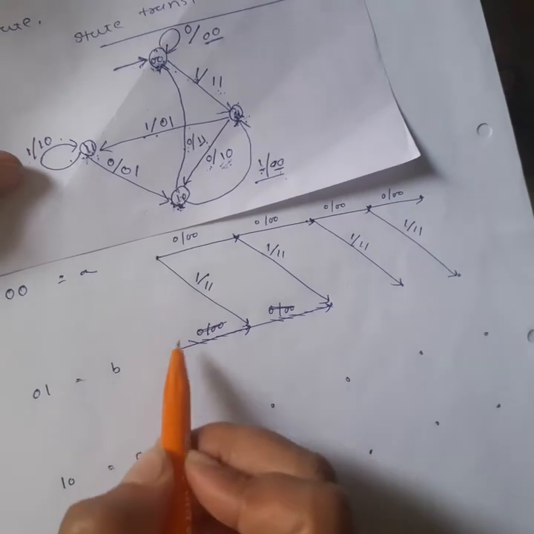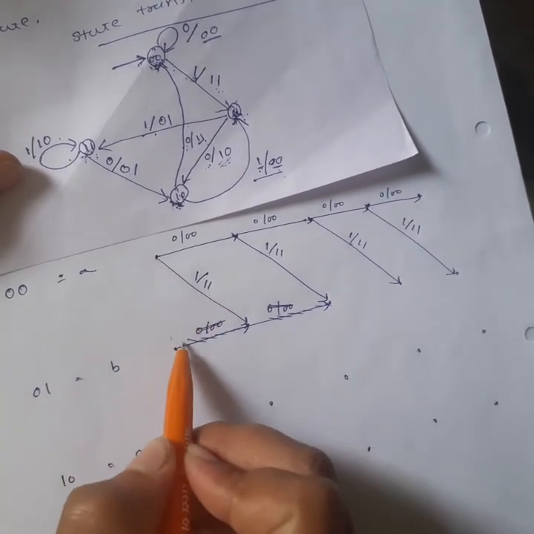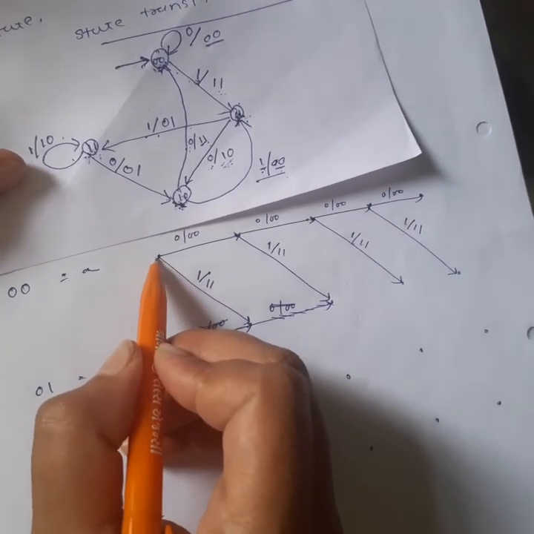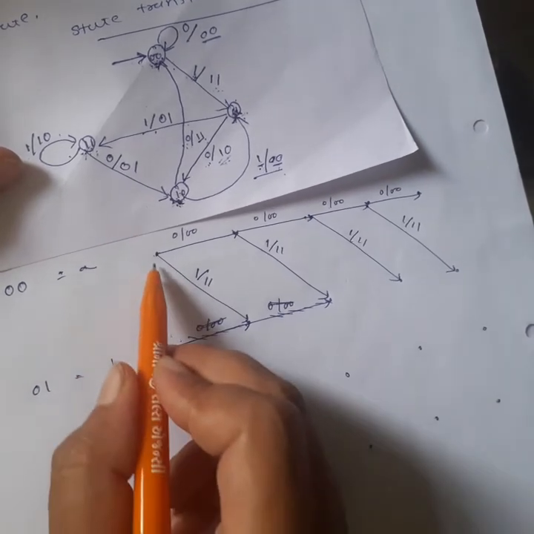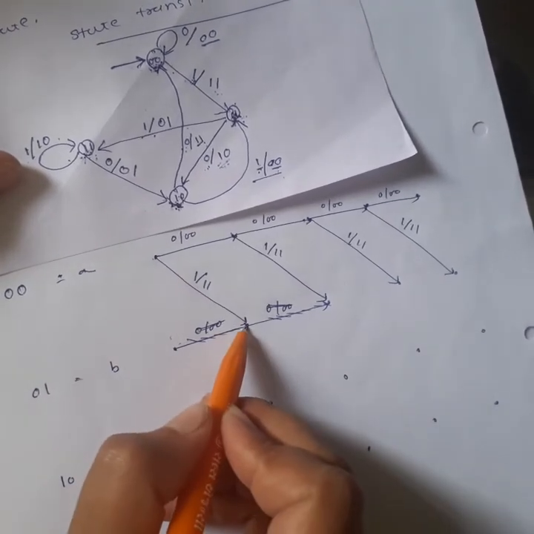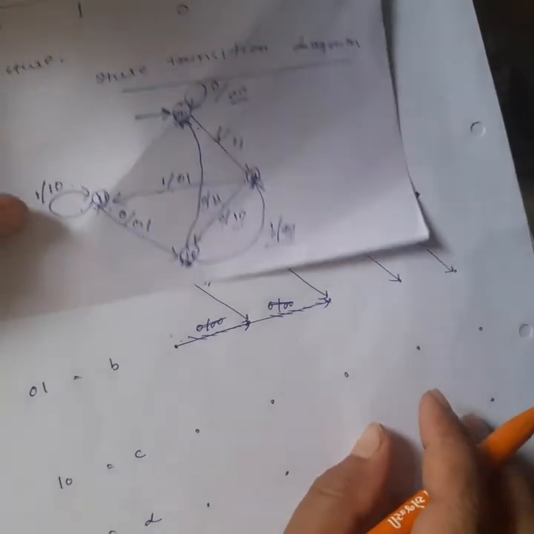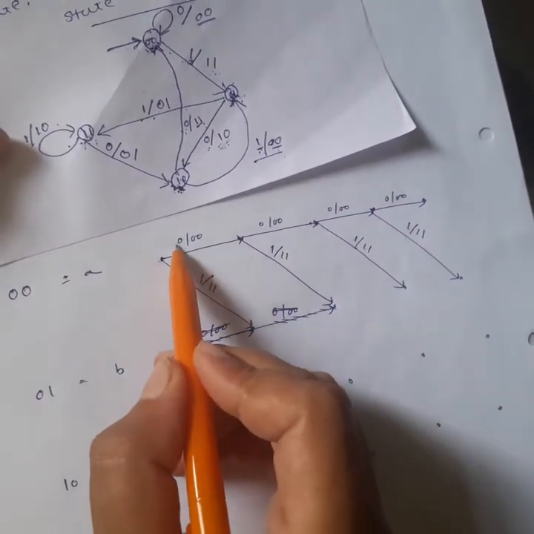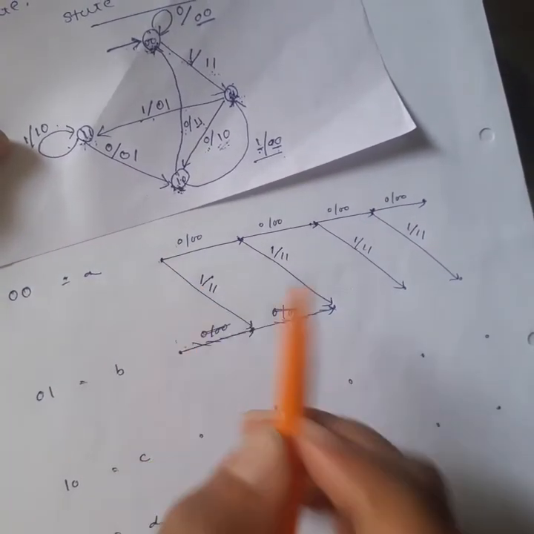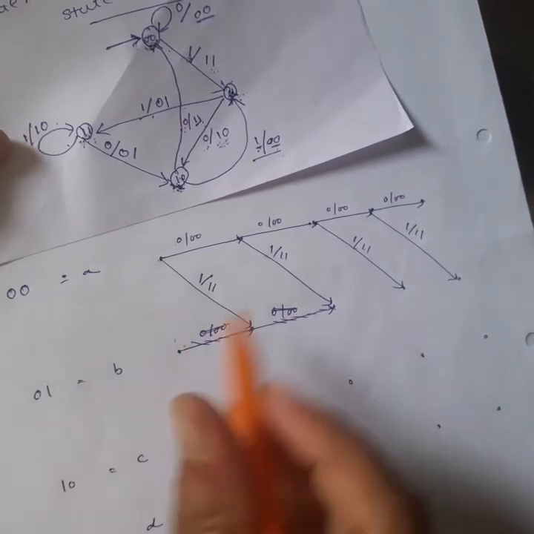Now one thing: why didn't I connect this node with this node? Because the starting node is 0 0. So it is the first node, and then after starting it will be assigned to the second node, right? So for the 0 0 state, two possible values are there: what if 0 and what if 1. We are going to do the same thing with the 0 1 state.